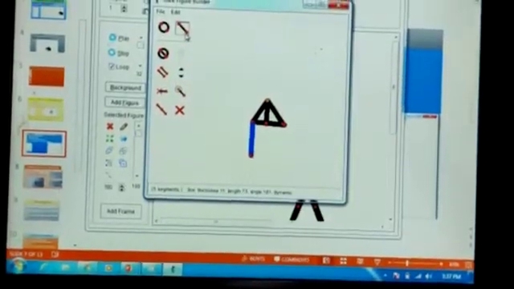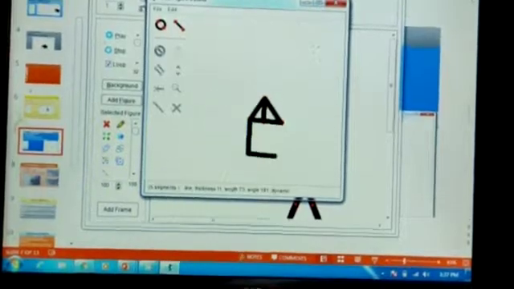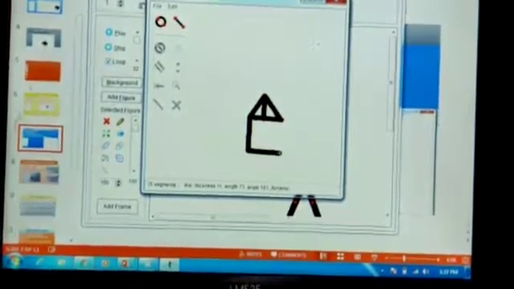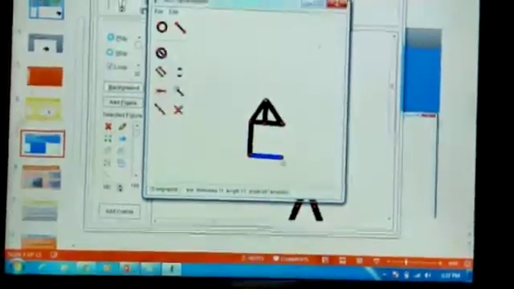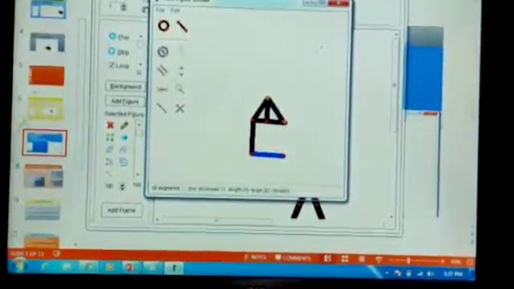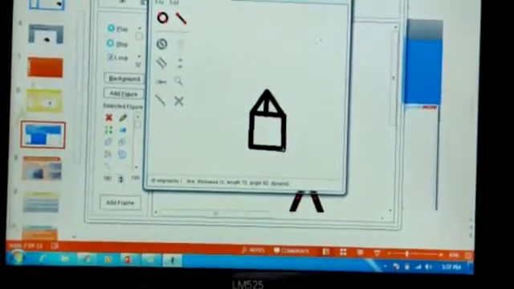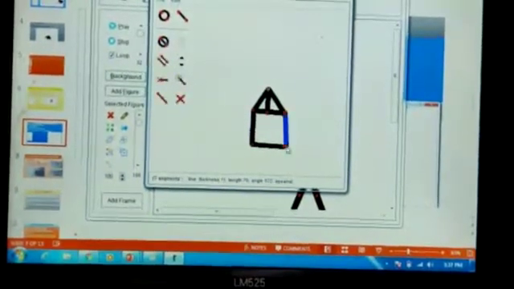Again go to the add line button. Now here you can see the dots. The dots are known as segments. Go to a segment, attach it, drag it and press the left button. Again go to the add line button, select add line, put it on the segment and press the left button. In this way you can draw your own figure, children.